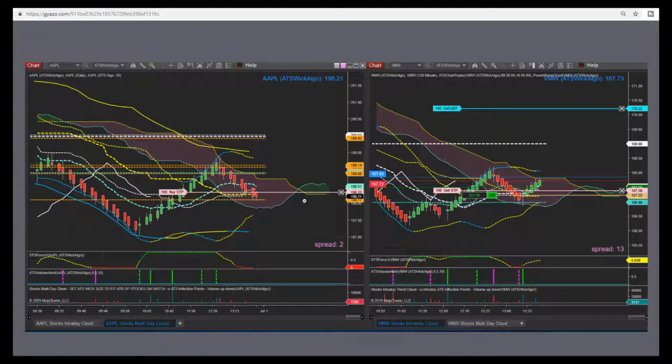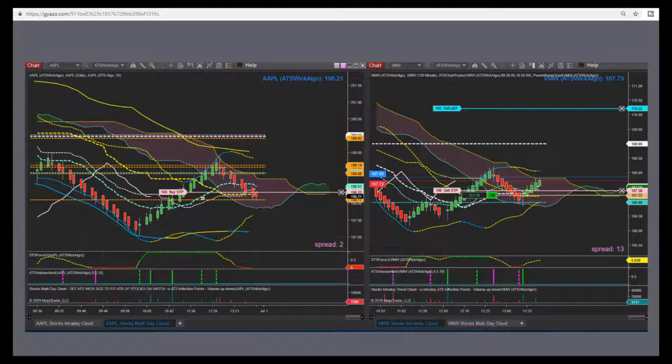This is a screenshot of 2 different symbols and actually 2 different charts. In my day trading platform, or my workspace, I set up multiple charts that have the intraday cloud and the day cloud tabbed next to each other, and I move back and forth between those two. They have the same cloud plotted on both charts, but one is plotting my daily inflection points, which is my favorite